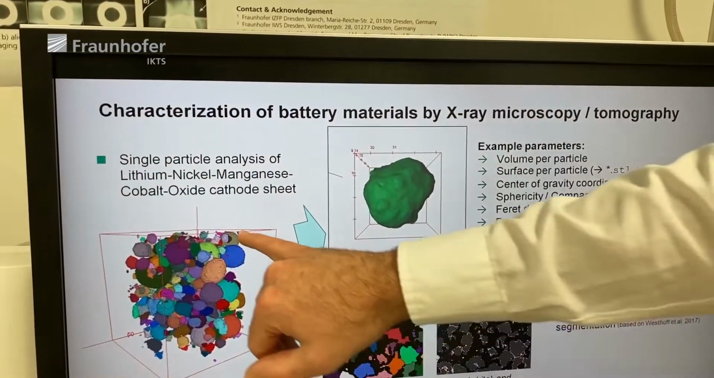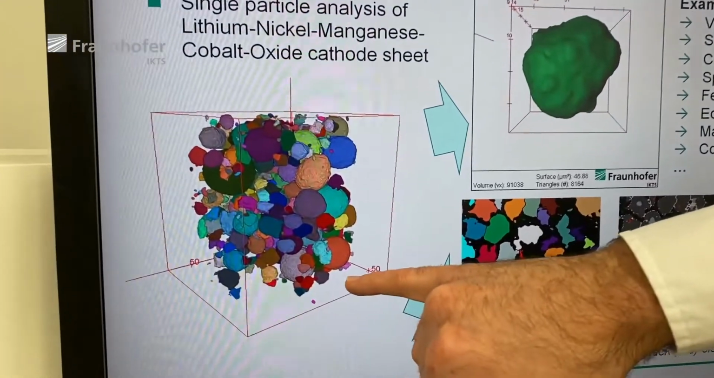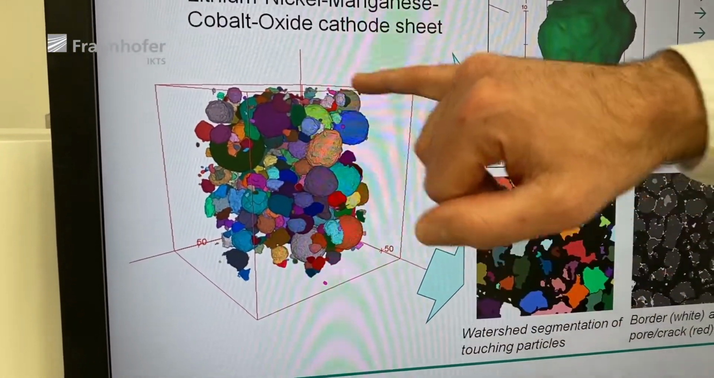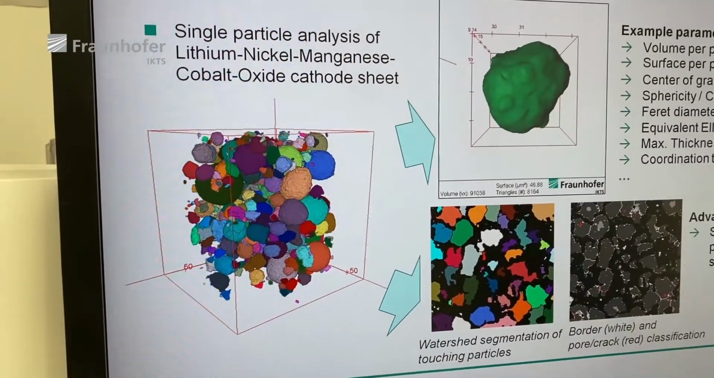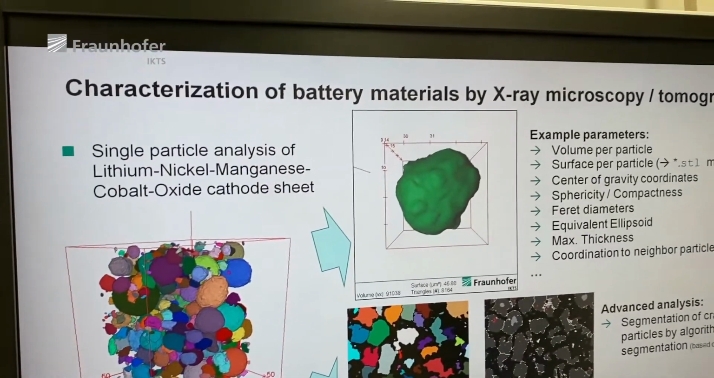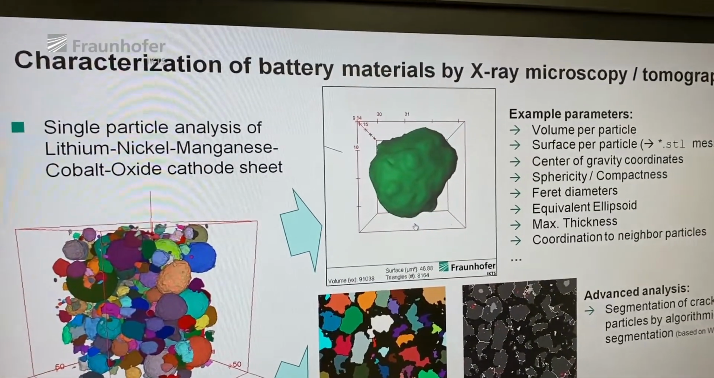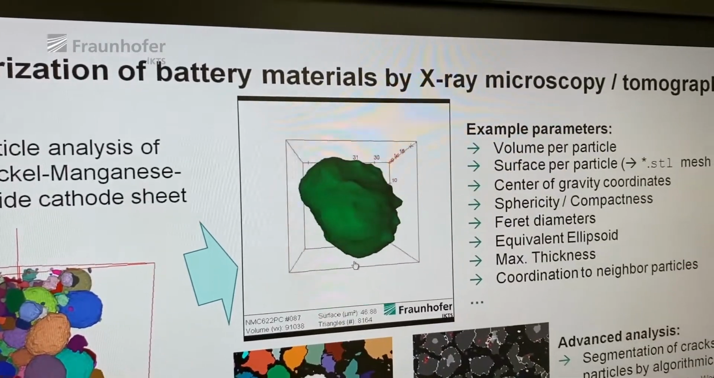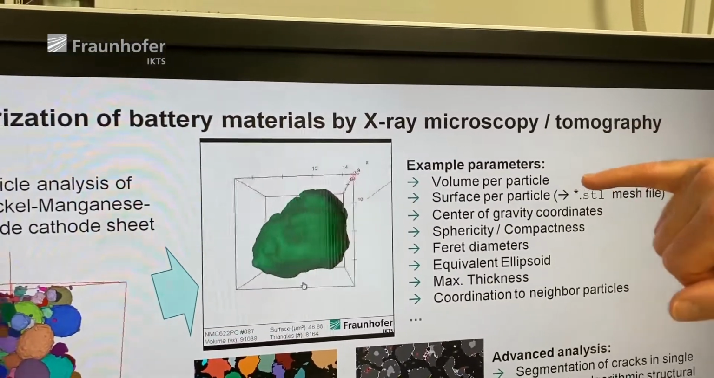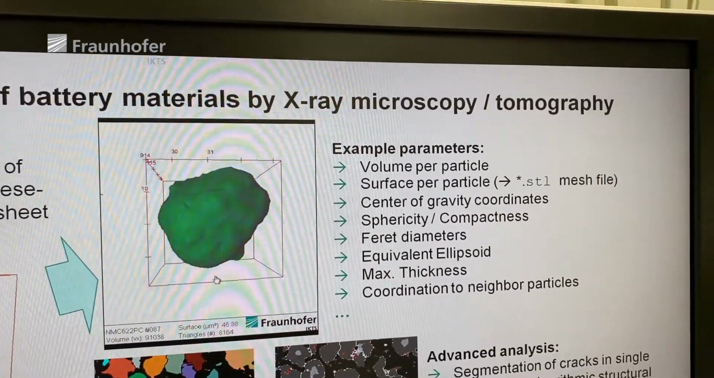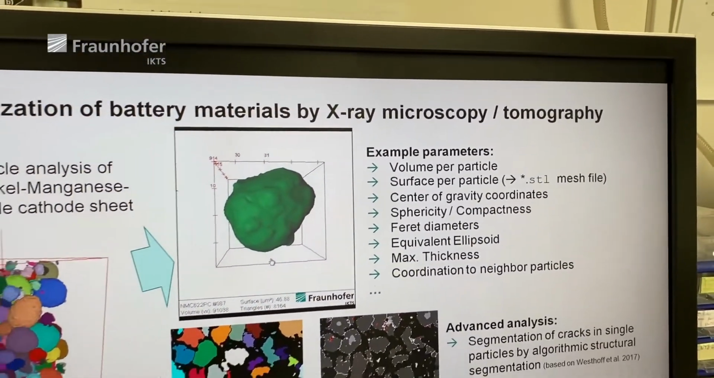We also can use the 3D data to segment and divide them into individual particles, here in false color. Every color represents its own particle. And then we can have a look at the individual particles and get quantitative data for each particle. That could be the volume, that could be the surface, that could be the center of gravity, you name it, what you want. We can also look at the